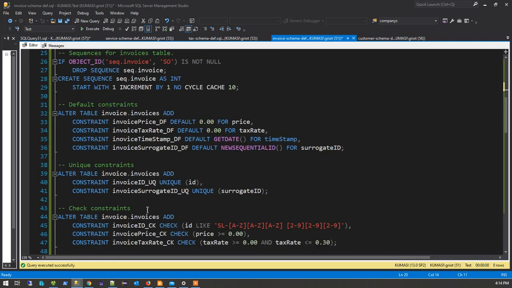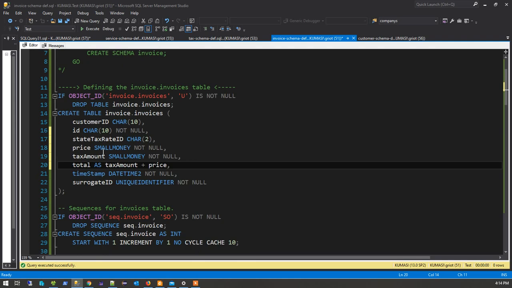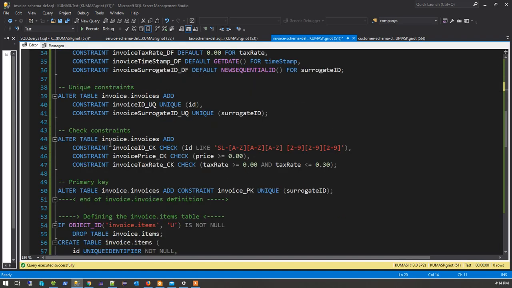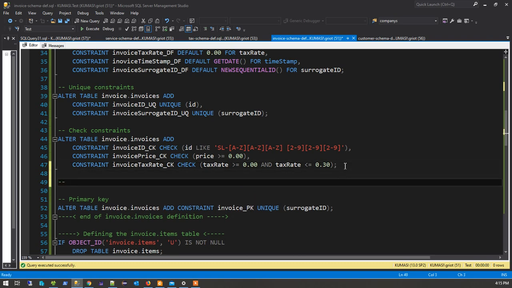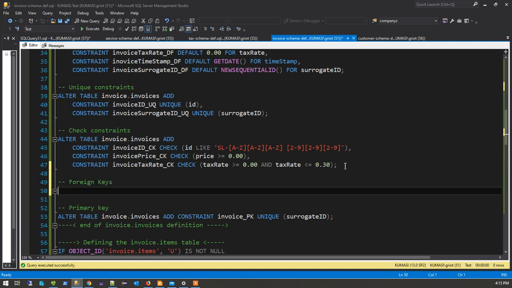Now, what am I going to throw in here? So you have a customer ID, state tax rate ID. So the invoice is going to have a customer, right? So I'm going to throw in here, I'm going to do the foreign key. You'll see how I do it. Foreign key. So alter table invoice.invoices add